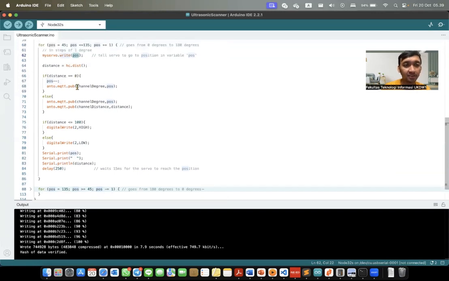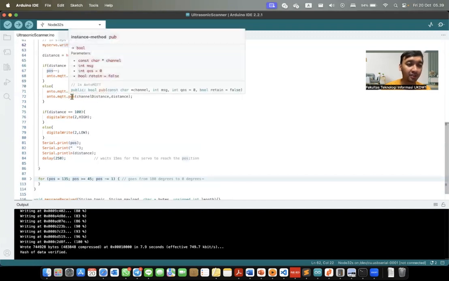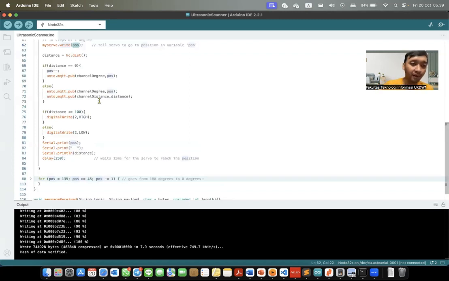But if the distance is not equal to 0, the ESP controller will publish the position value in the channel degree and the distance value in the channel distance.